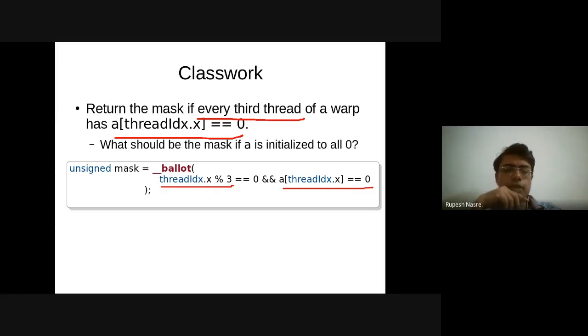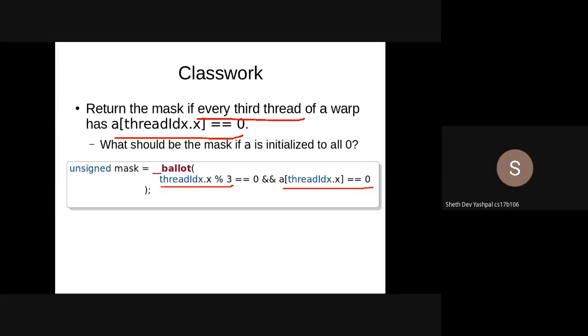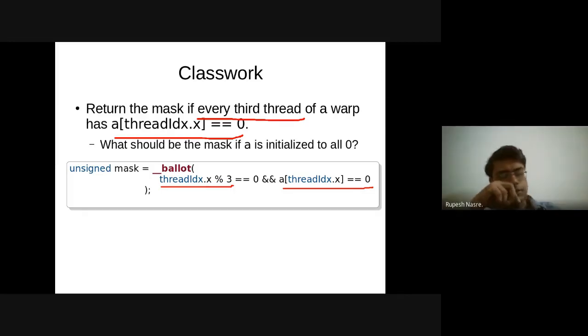And why would that be? We only need to check every third A, right? But over here, we are checking all the A's. Yes, so that is one problem, which can possibly be taken care of if we use the condition threadIdx.x mod 3 equals 0 first, because of short circuiting.